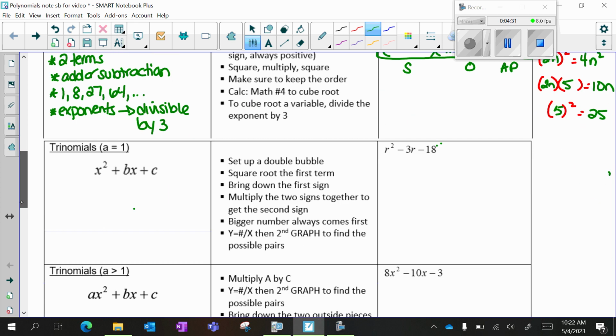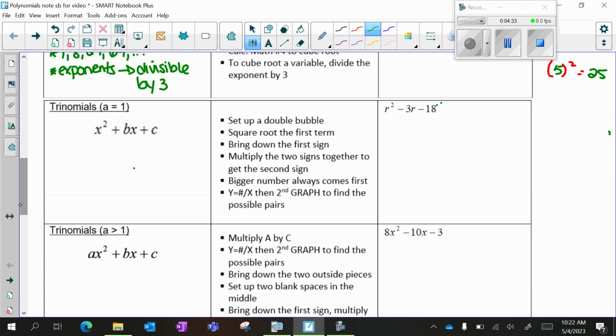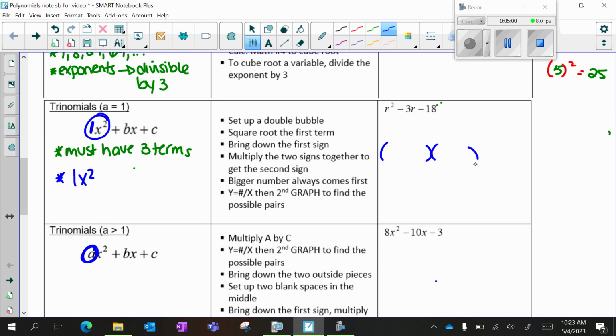Now let's move on to trinomials. So trinomials means that I have 3 terms, and there are 2 different situations here. So here I'm working with 3 terms, and notice that there is no number in front of the x squared. It's always going to be a 1x squared. If you have a number in front, you're going to look for the next set of directions or the next method of factoring. So 2 parentheses,